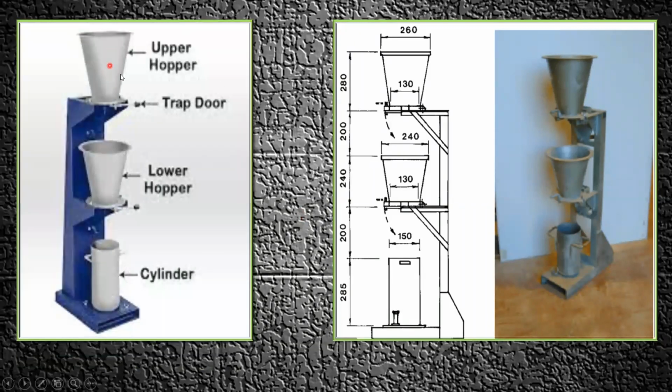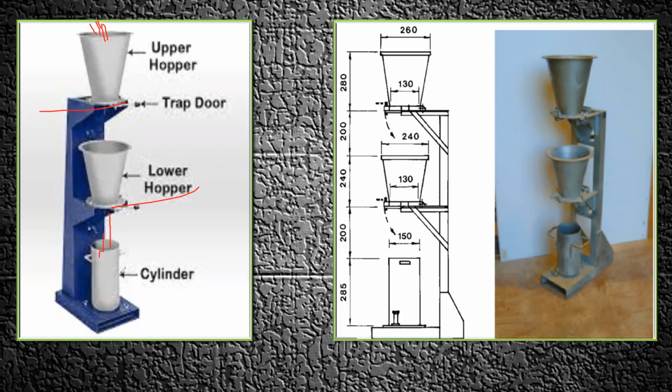So this is how it goes. Anyhow, I'll explain this a bit, then we'll see it in detail. What we are supposed to do is prepare the concrete like we prepared it for the slump test. Then we have to pour it here. Once it is poured, you have to remove this trap door. Then the concrete is going to flow here, right? Then again from here you have to remove the trap door. Again the concrete is going to pour here.